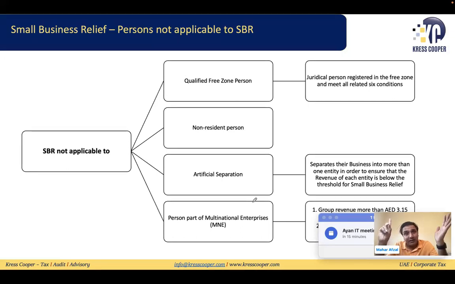Then the PE of the non-resident person, if there is a treaty existing between two countries and there is a clause that says there is no discrimination for the PE of the non-resident person, the three options are there, but there are some exceptions. First exception is the qualifying free zone person. We all know there are 6 conditions for the qualifying free zone person. A qualifying free zone person cannot opt for the small business relief. We'll discuss those conditions as well. A non-resident person cannot generally, but one exception is there that we have already discussed.